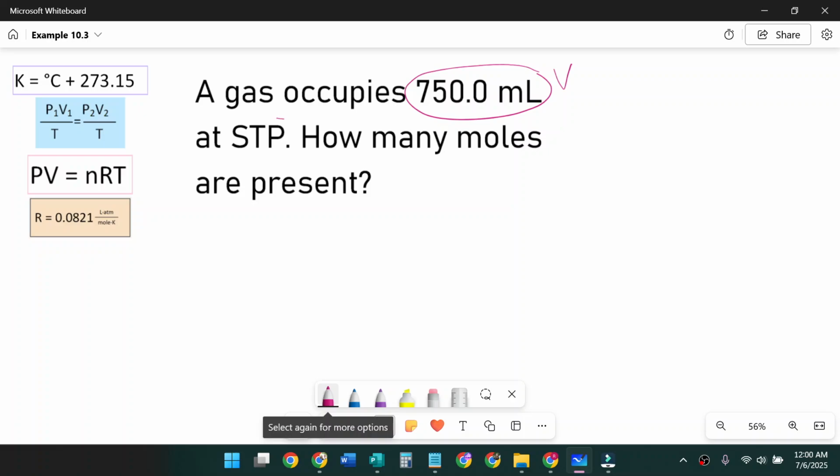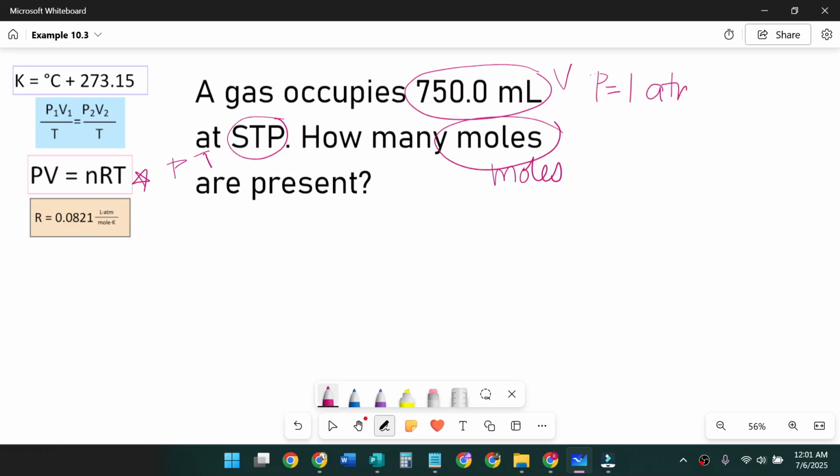We have STP, which tells us that the pressure and temperature are standard. And then it wants to know how many moles. So we're working in moles. So of all these different equations that we've learned so far this chapter, this one contains all of the symbols. So we have pressure, which is 1 atm because that's standard. We have volume